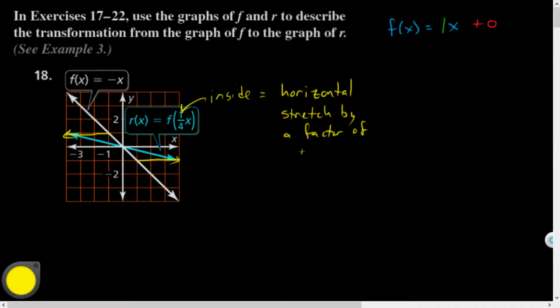All right, and the weird thing about the horizontal ones, it's kind of the opposite of what you think. You would think 1/4 of something would make it smaller, but horizontally it stretches it. And instead of by a factor of a 4th, you reciprocate that, you flip it, and it's a factor of